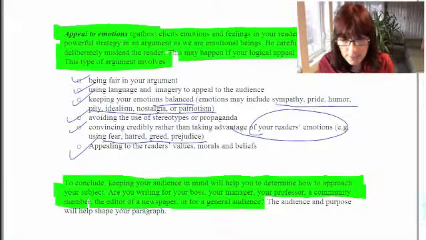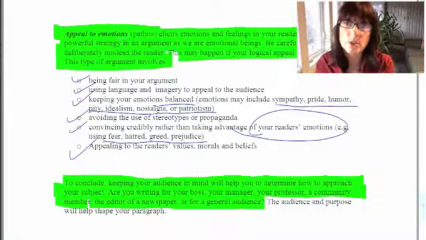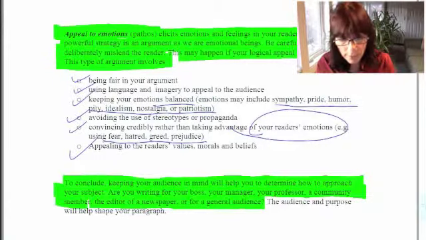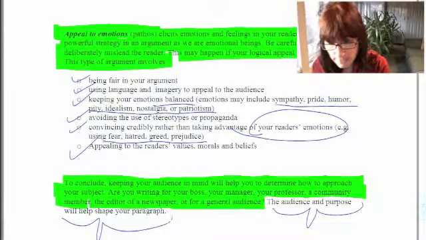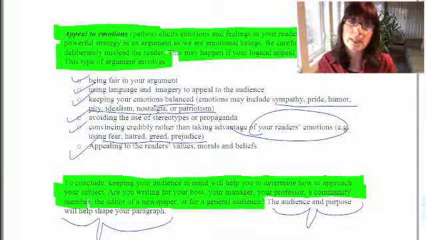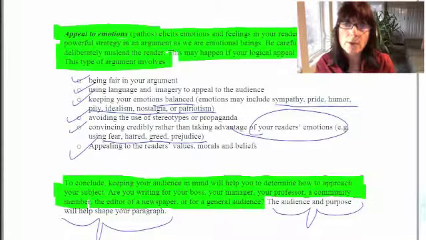Review the questions which I have suggested in this video to figure out who your audience is, and please remember that your audience and the purpose of your writing will help to shape your entire paragraph. So remember to be respectful of your reader, be fair, treat your reader like an equal, and be careful of the type of language that you use as well.